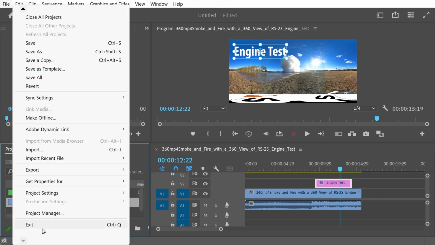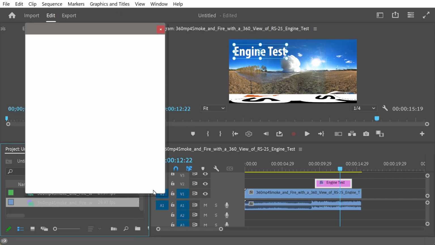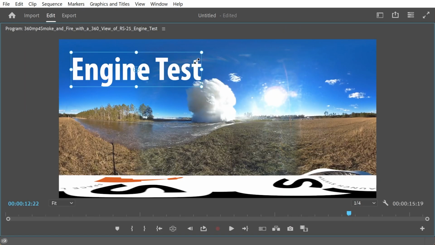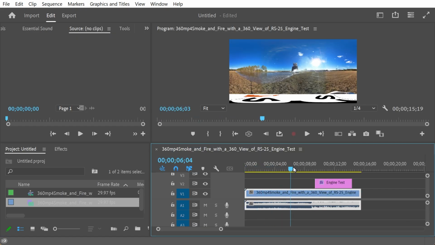To do that you go to File, Get Properties for Selection after selecting it there. And if we take a look here, this is basically the section that you're looking for. The projection, the layout, and what is captured, right? So basically you've got both eyes. So if we look at actually what the file looks like here, now that we've got everything in place,